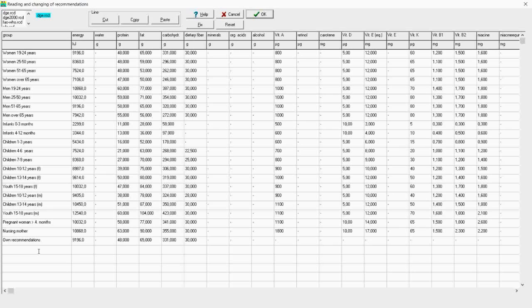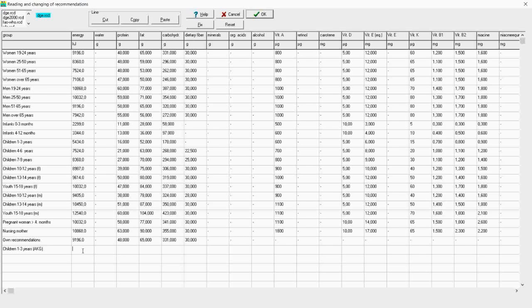For example, children 1 to 3 years from AKG or RDI in Indonesia, and then we need to fill in the nutrient requirement.